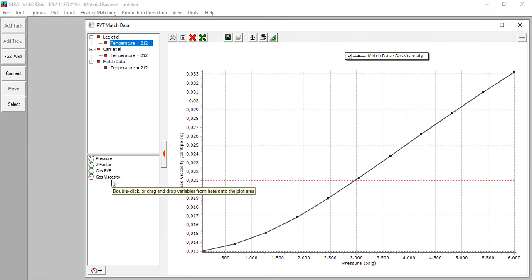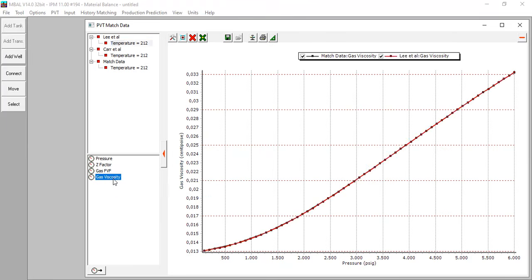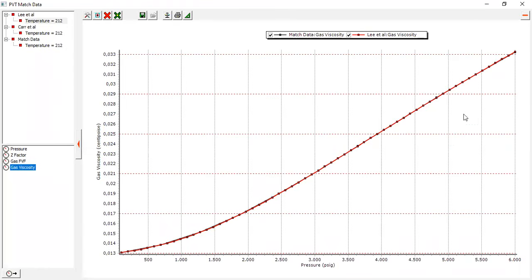Again, we plot the gas viscosity. Right, very close to one another. This is the match data, this is the laboratory data, and the red one is Lee et al. They are very, very close to one another.